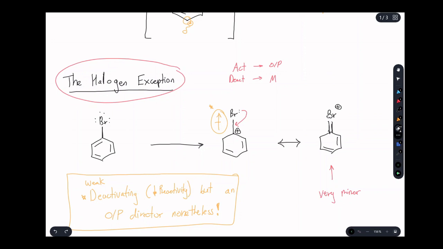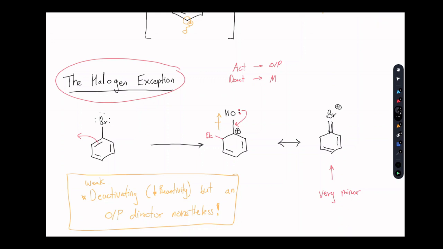We can handle this by looking at the intermediate of the reaction. So here, based on this intermediate, we can imagine this pi bond may have attacked some electrophile. So we have to imagine that electrophile being present. However, that positive charge being there is something that the bromine is actually capable of stabilizing, right? The bromine can use its lone pair, kind of like how oxygen would, to make a resonance form. Now the difference is that if this was an oxygen, so let's take a pause here and imagine that this was an oxygen instead,